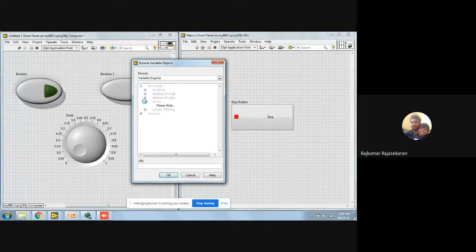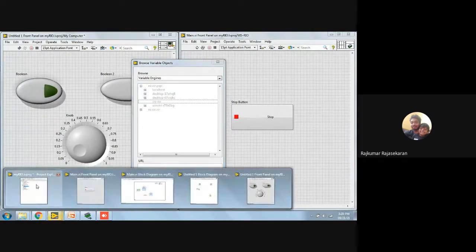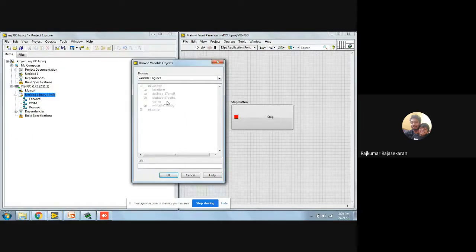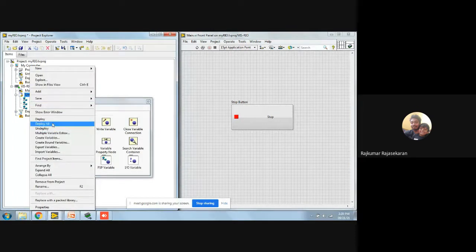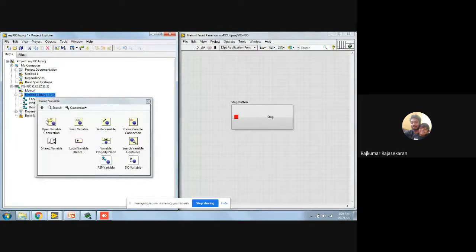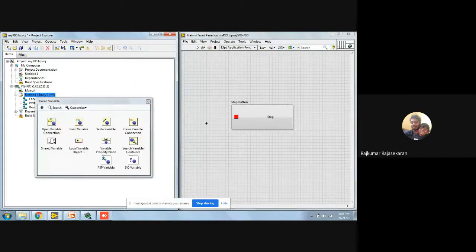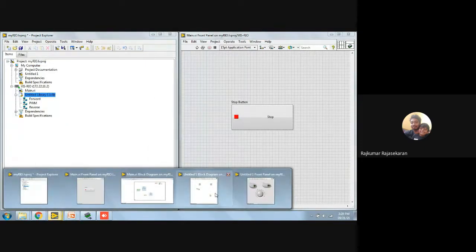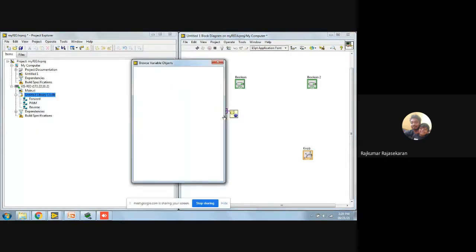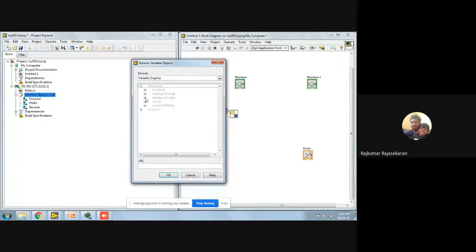So that's why, if you see under my VI's Rio, which is connected to the same network, I will be having variables. Deploy. Browse. TCP, VI's Rio.